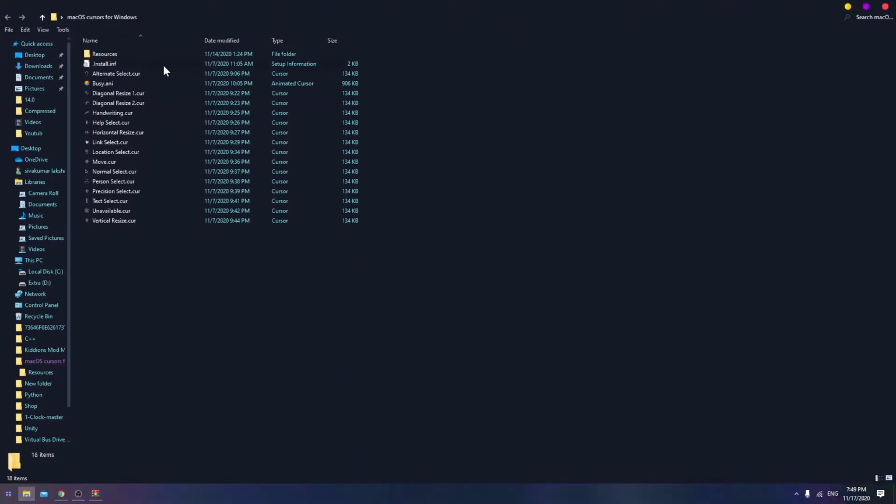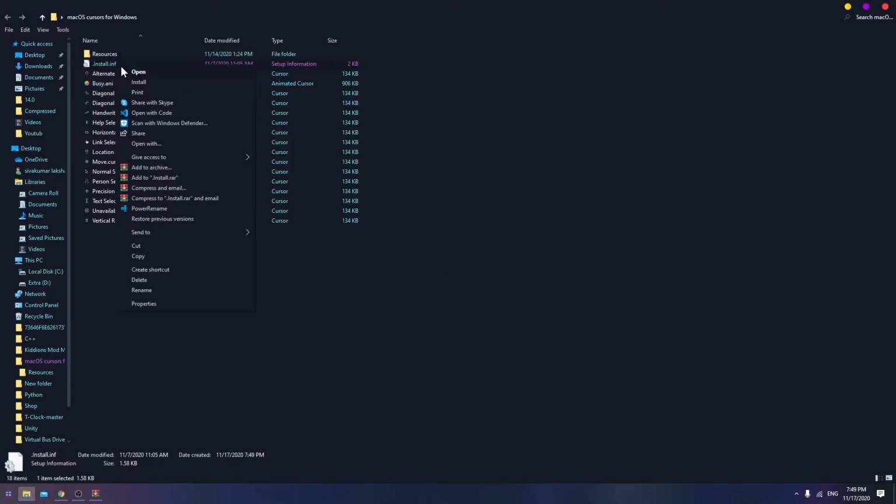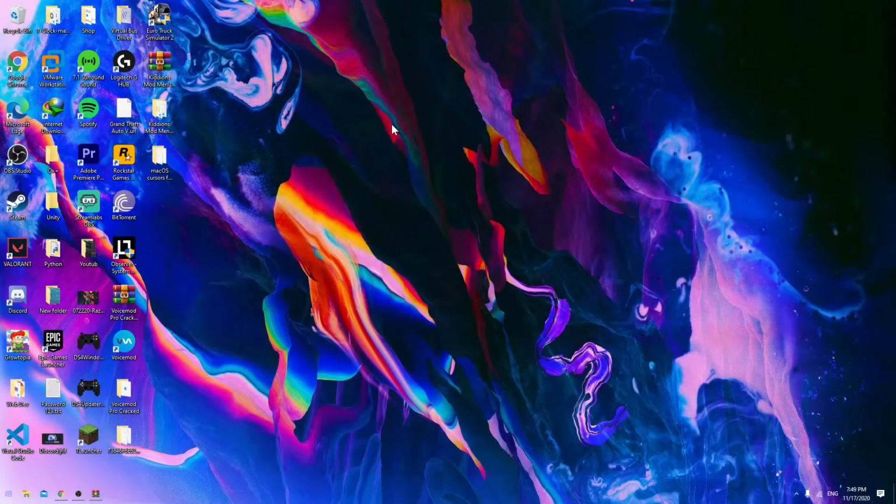Okay, now you have to search for the install.inf file, install.inf, right click and click on install here. After a few seconds, about 3 seconds, you have to close this, right click on your desktop and open up